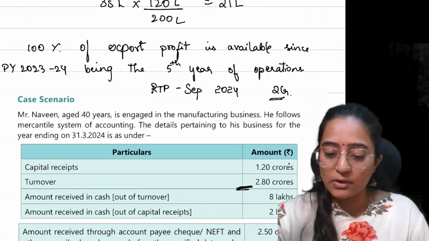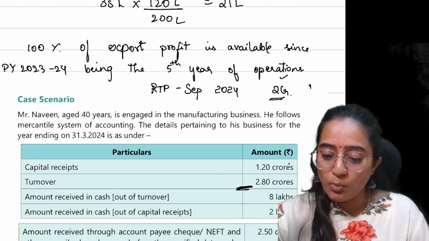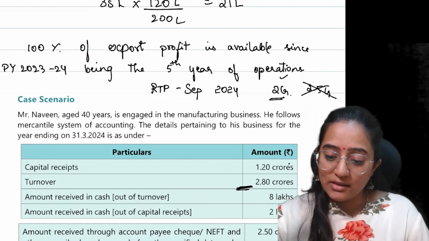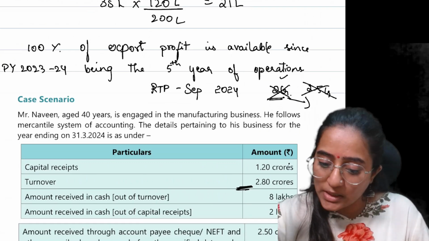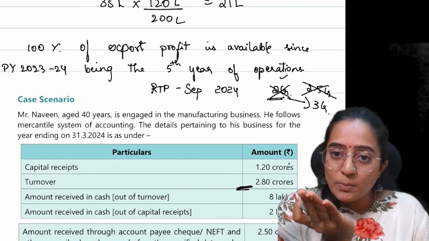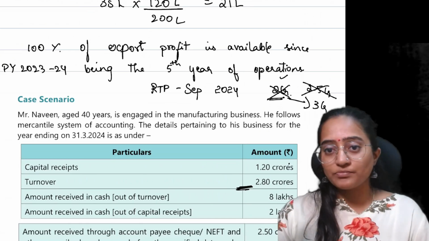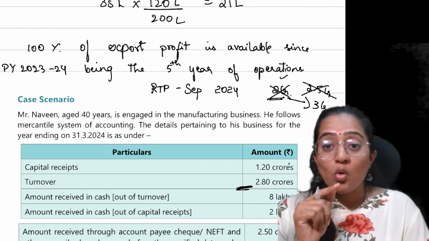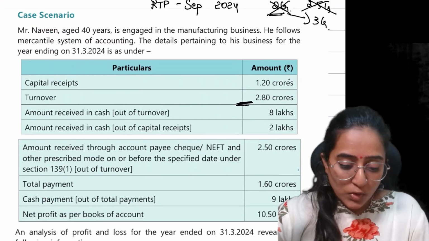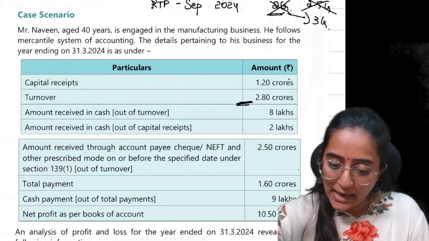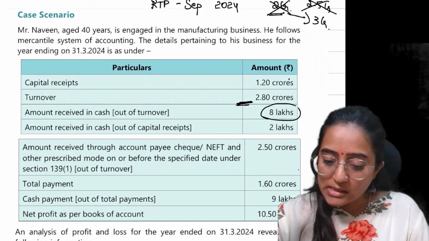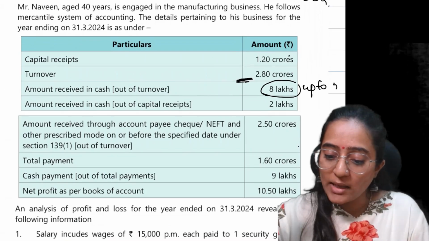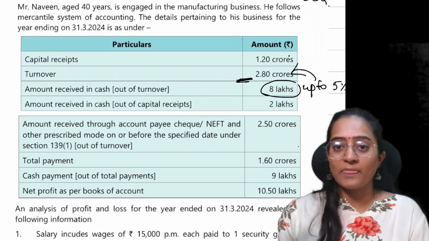If you had 2 crore, you could have opted for 44AD. If it was 2.5 crore, you couldn't have opted. But with this inserted provision, the 2 crore would become 3 crore. In the place of 2 crore, you will replace this with 3 crore only when your cash receipts are up to 5%, that is, do not exceed 5% of your turnover.